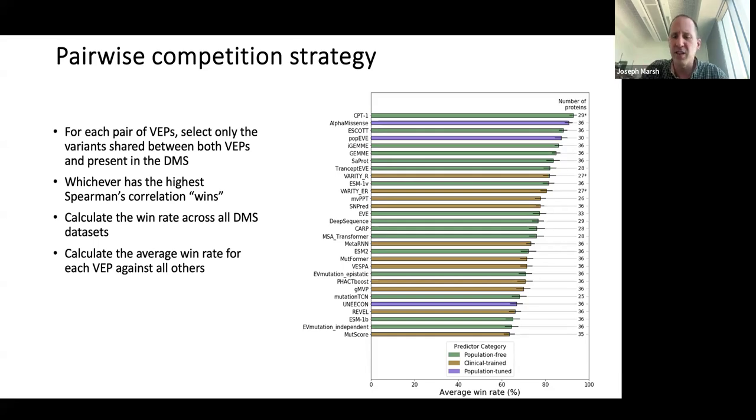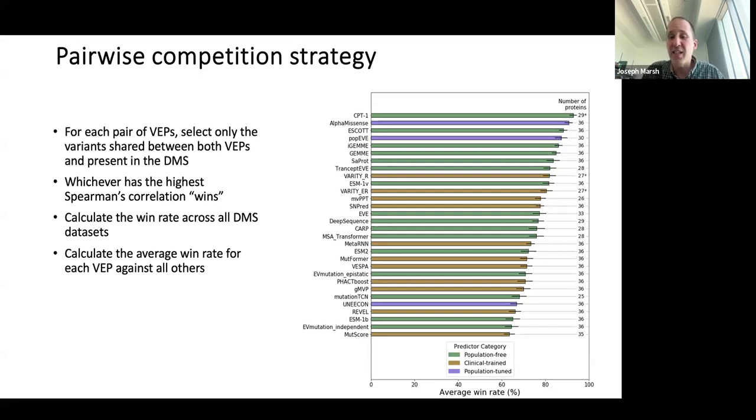I won't go too much into the detail here, but just to say, AlphaMissense, which was released to very high fanfare, comes in second overall. So pretty good, but not quite the best. There was another method called CPT1, released a couple months earlier, also in Genome Biology, to a lot less attention, that performs even better than AlphaMissense. But actually, the real take home from our study is that there isn't a lot of difference between the top 10 or so methods. They're all performing really well.